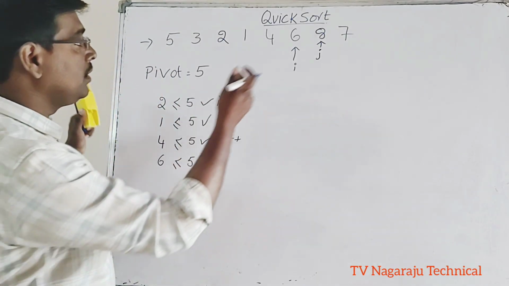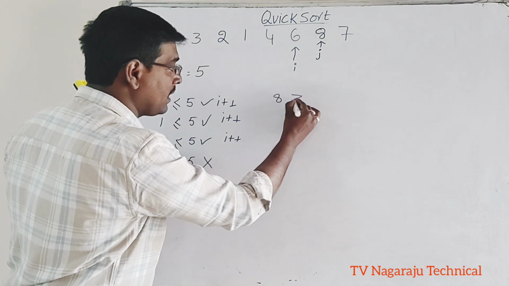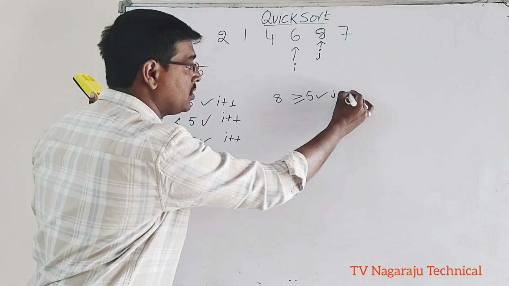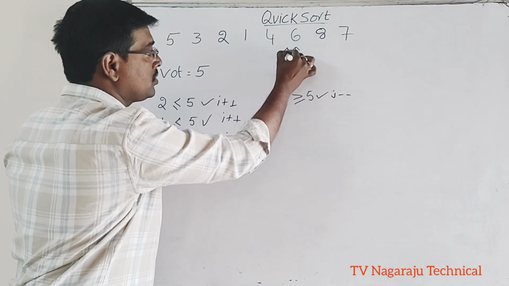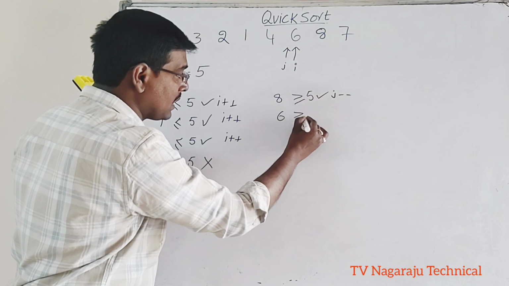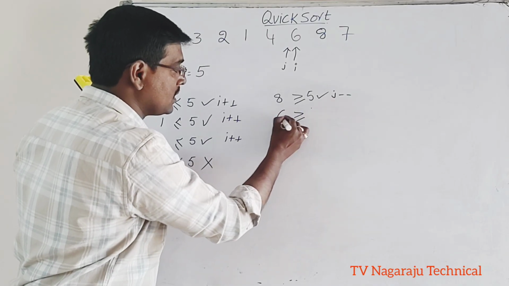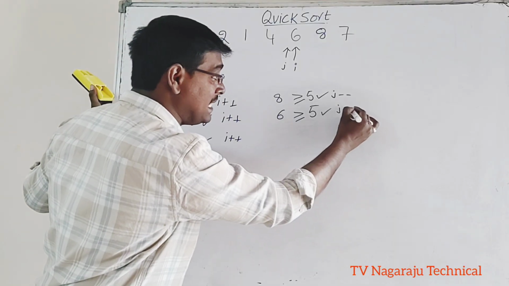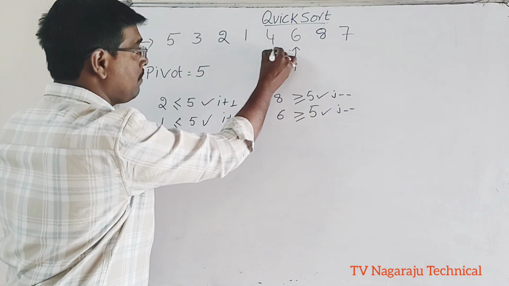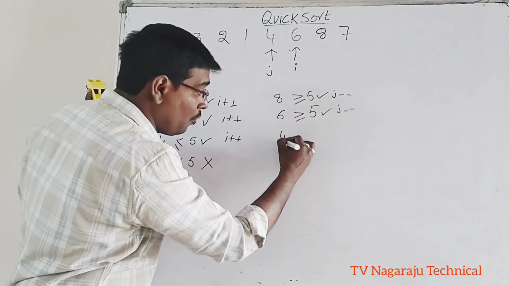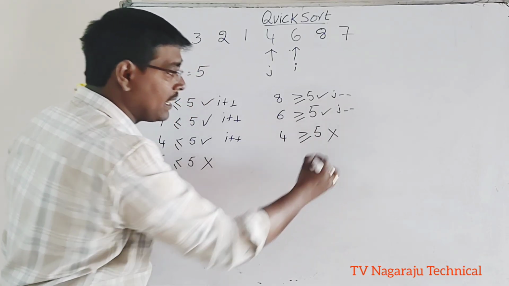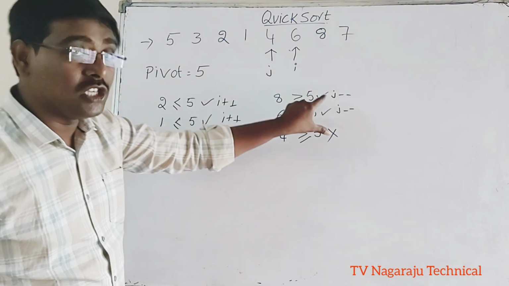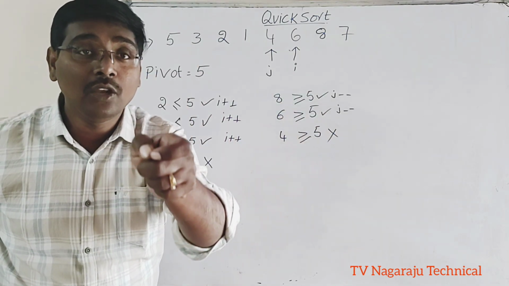Fine. Now coming to j. 8 greater than or equal to 5. The condition is true. Decrement j value. Now j points to this position. 6 greater than or equal to 5, yes. The condition is true. j minus minus. Now j points to this position. 4 greater than or equal to 5? The condition is false. Okay, my i loop is completed and j loop is completed, and then you need to check